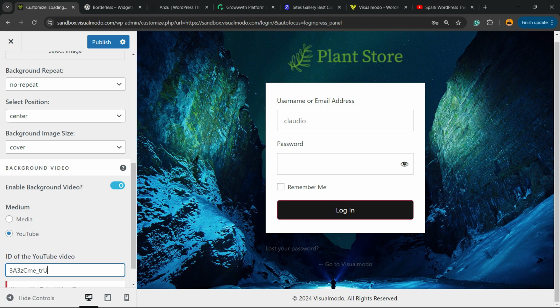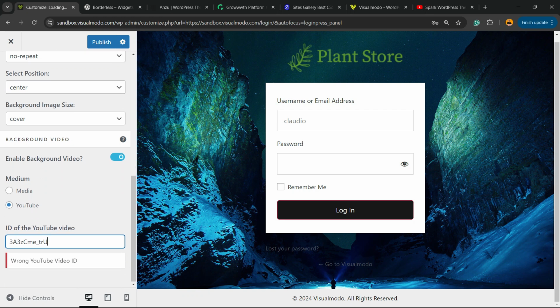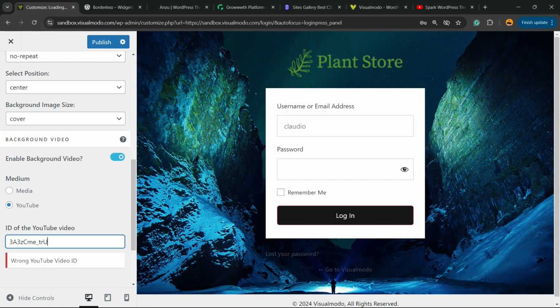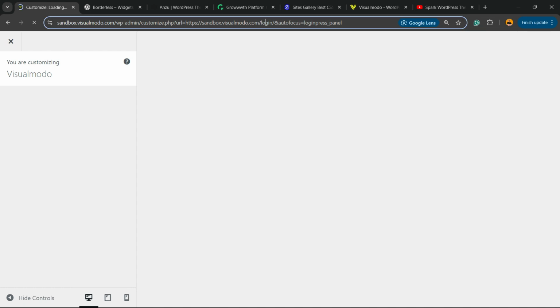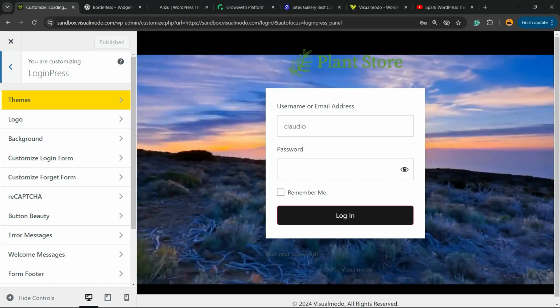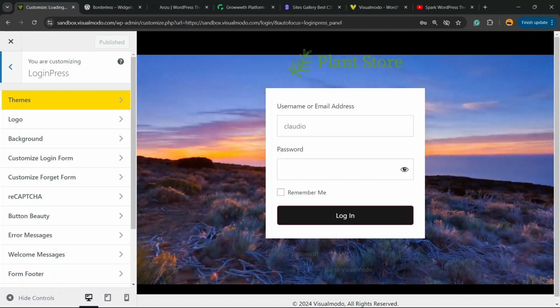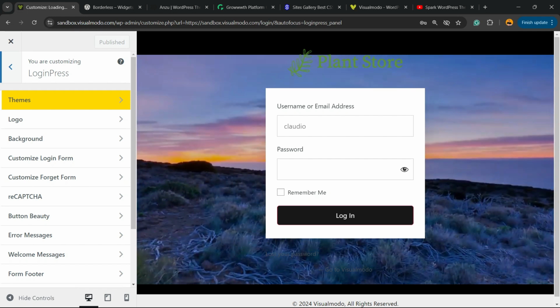just like this. Wait a moment. If the plugin shows that this is the wrong ID of the video, nothing to worry, okay? It's normal. All you have to do is hit the publish button, update the page, just click on F5 on your keyboard or click into this link right here. Be able to see your background video running under your WordPress login page into a simple, easy and very effective